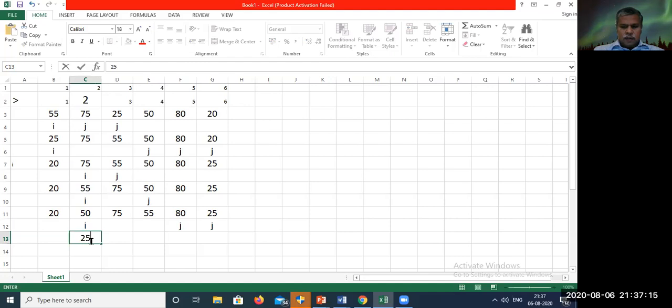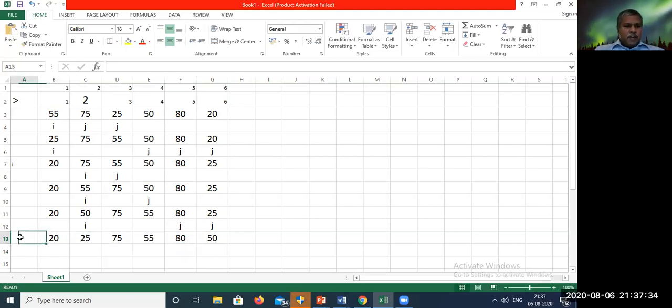True means I have to swap. 25 will come to this place, 50 will go to the jth position. Now the second iteration is over, and I write the other elements. Now the second element is also ready. When my second iteration is over, the second element will be placed in its place.